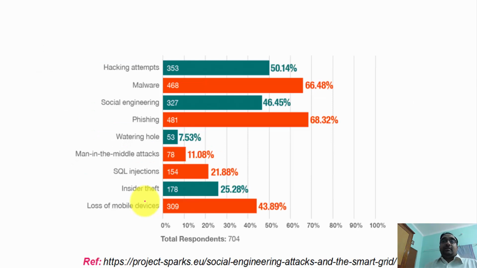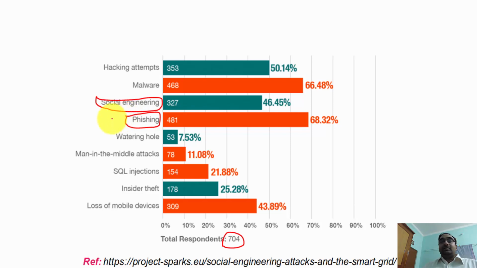Okay, and I would like to end this session with this. You can go to this link if you want to find this image. This is a survey conducted and responded to by 704 people or organizations. It is about what kind of attacks your companies or organizations are facing. Based on the results, here is social engineering, and one of the techniques in social engineering is phishing. Social engineering includes other techniques besides phishing. Just now we have seen some examples.